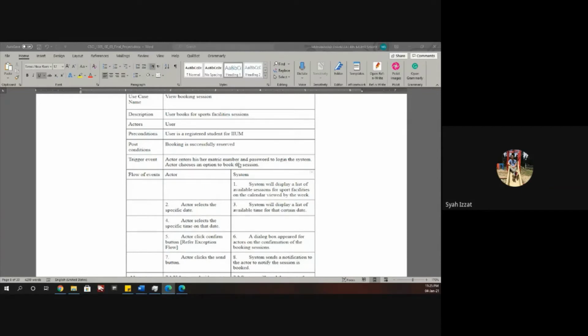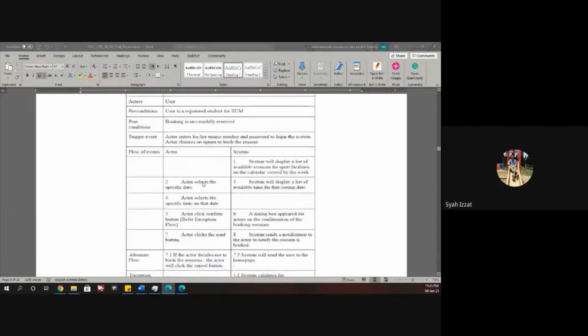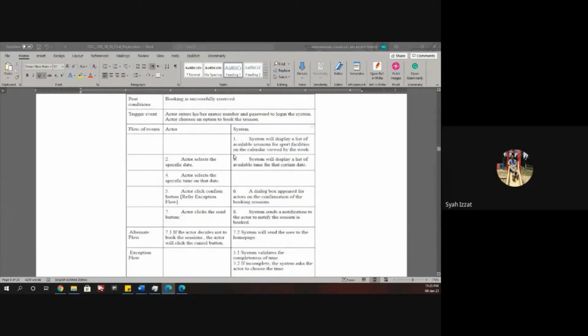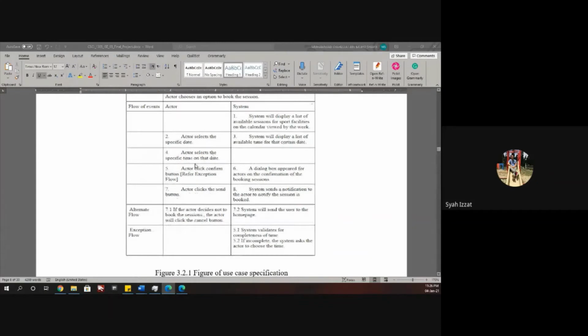Actor chooses an option to book the session. So the first one, the flow of the event is system will display a list of available sessions for sport facilities on the calendar viewed by the week. The second one is actor selects the specific date, and number three is system will display a list of available times for that certain date. So next is actor selects the specific time on the date,